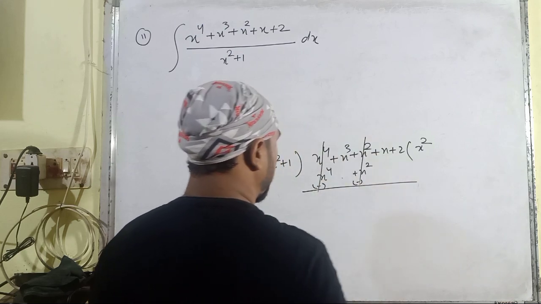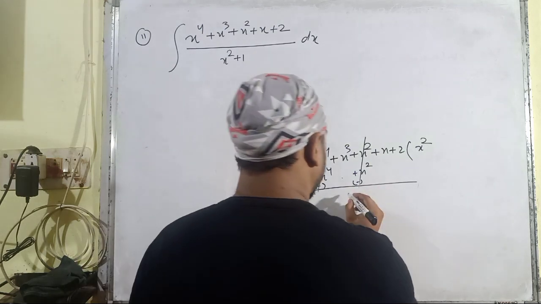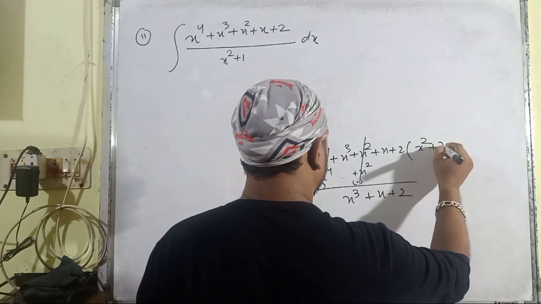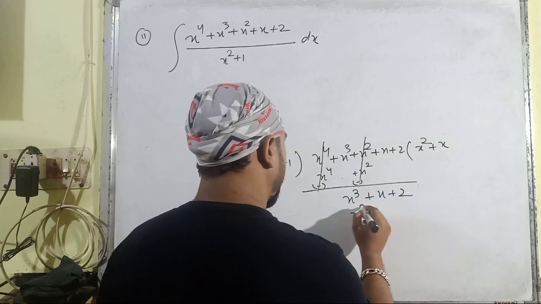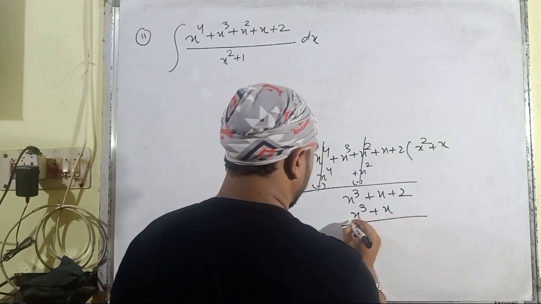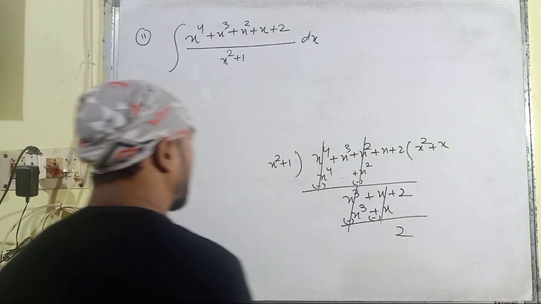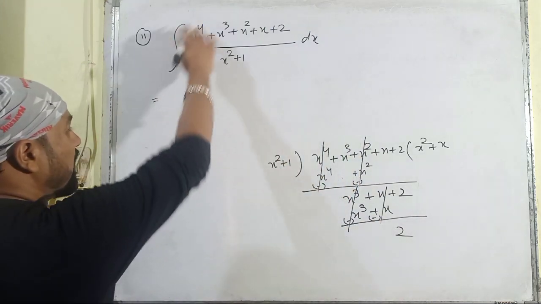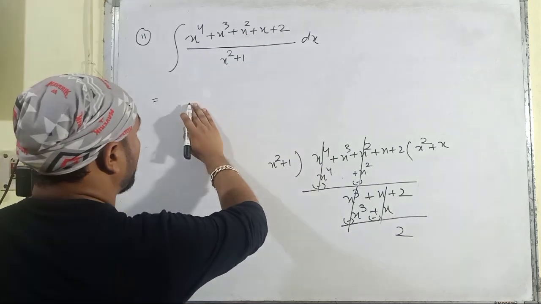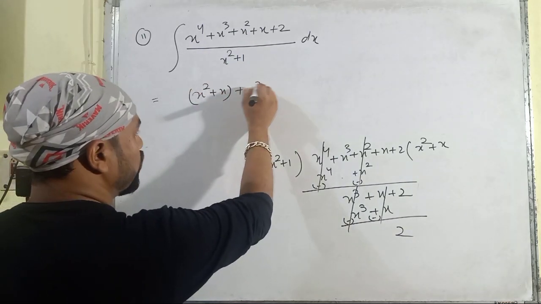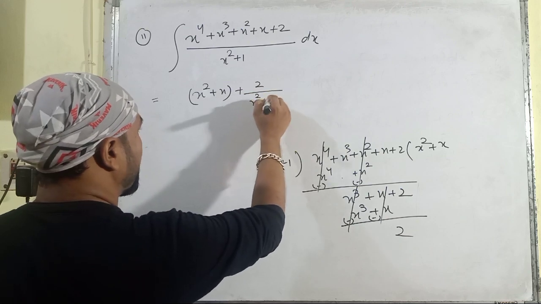The x^4 and x^2 got cancelled here. The remaining terms are x^3 plus x plus 2. Then by putting x here, it will be x^3 plus x. The remainder is 2 here. So in place of this form, we can write x^2 plus x plus 2 divided by x^2 plus 1